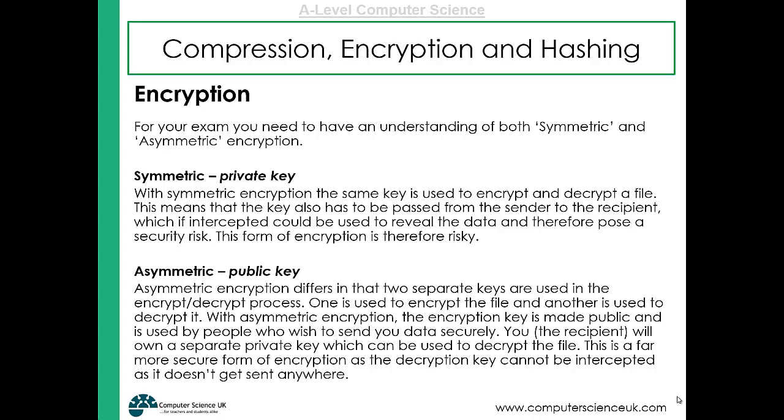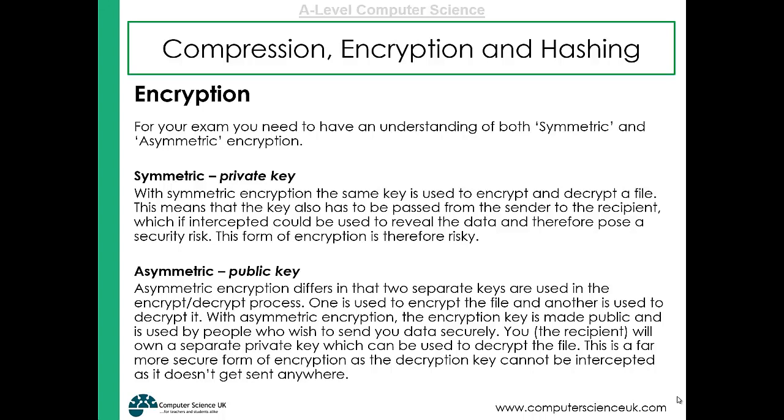One is used to encrypt the file and another is used to decrypt it. So with asymmetric encryption, the encryption key is made public. So the key to encrypt the data is made public and is used by people who wish to send you your data securely. So you make a key public and people can use that key to encrypt the data and send it to you. You, the recipient, will have your own separate private key which can be used to decrypt